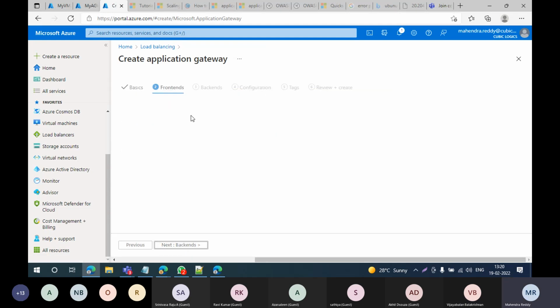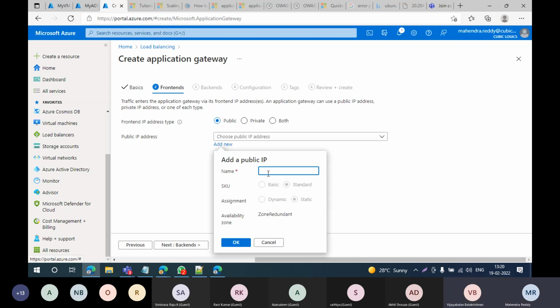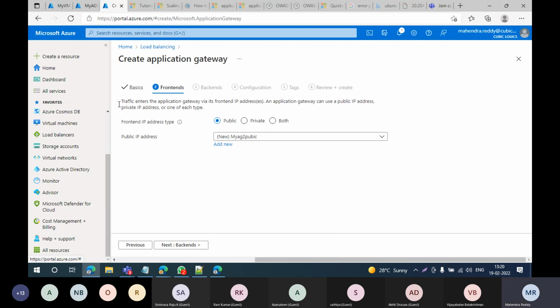Network, NAT, front end. So how do you want to host this gateway, public or private? Suppose you have an internal application that also needs the firewall; not always is the front end internet-based. In that case, you need to decide what purpose you are going to use it for. As of now, we will go with public. So you need some DNS name. This is not a DNS name, but under this name it will be reserved. This is the one we are going to communicate with from external, from the internet, from the front end.